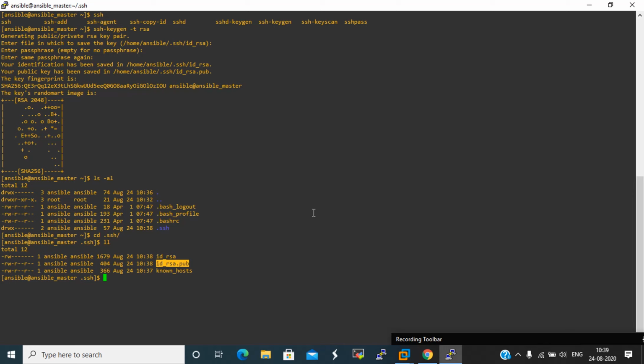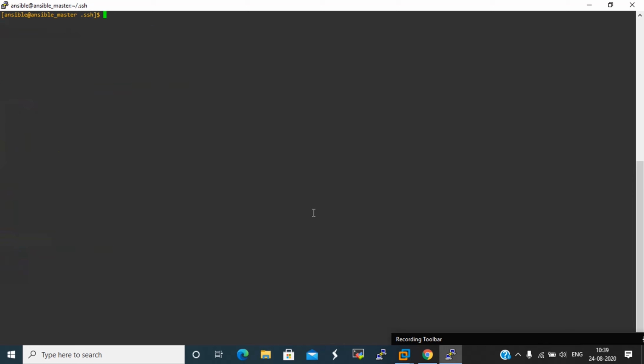Now we will copy this key to the remote servers. We are using the Ansible user, so you have to mention only the node names, server names.